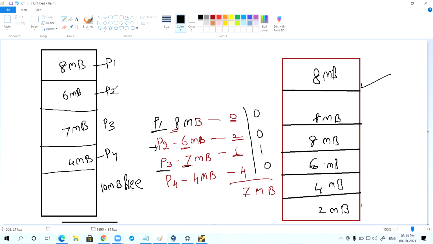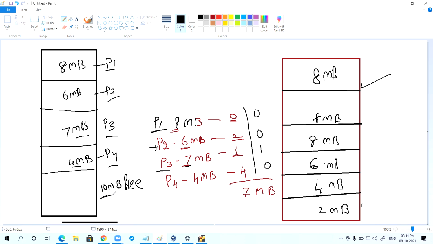Now, can you tell me, is there any internal wastage, any internal fragmentation, in this policy? No, right? Now tell me, how much memory is P1 occupying in this example? 8. P2, 6. P3, 7. P4, 4.